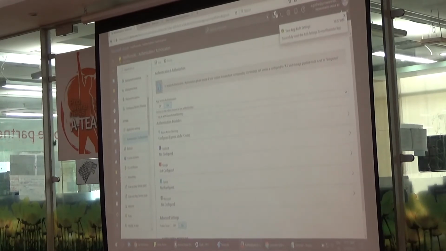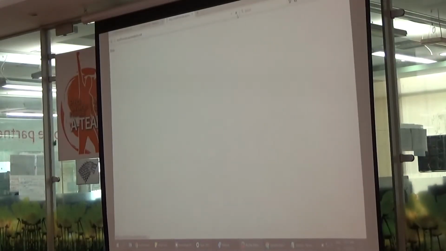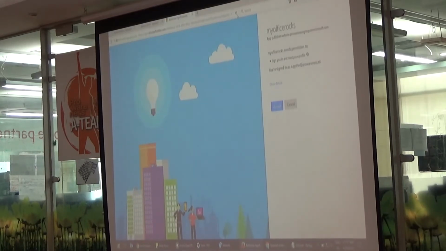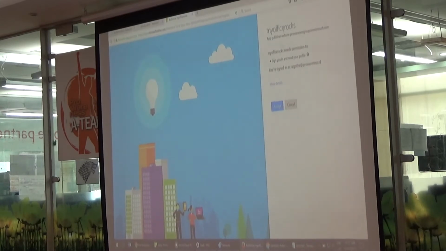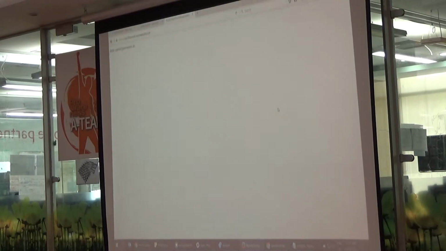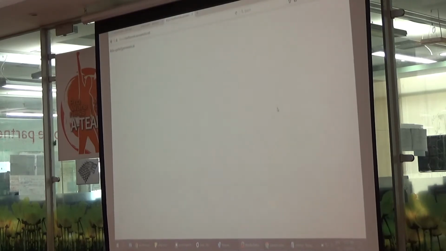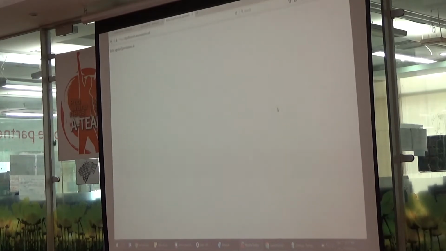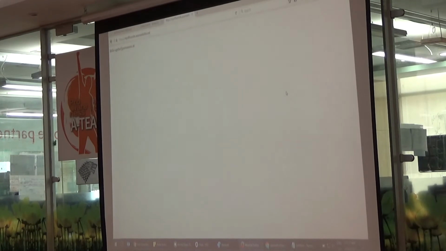Again, 15 seconds here, it's done. Let's go back to our website, refresh. You see, it's not showing my website anymore. It redirects me to the Office 365 login. This is the first time I'm logging in, so it is asking me, do you want to log in with this app? And you see now it's showing me that yes, I'm logged in.